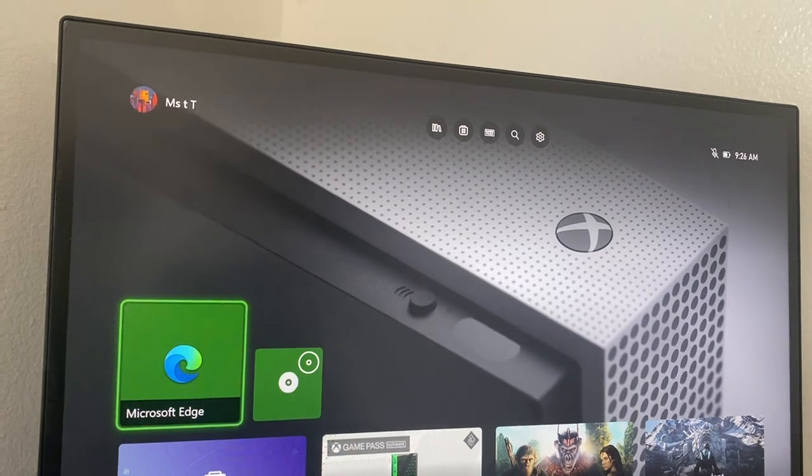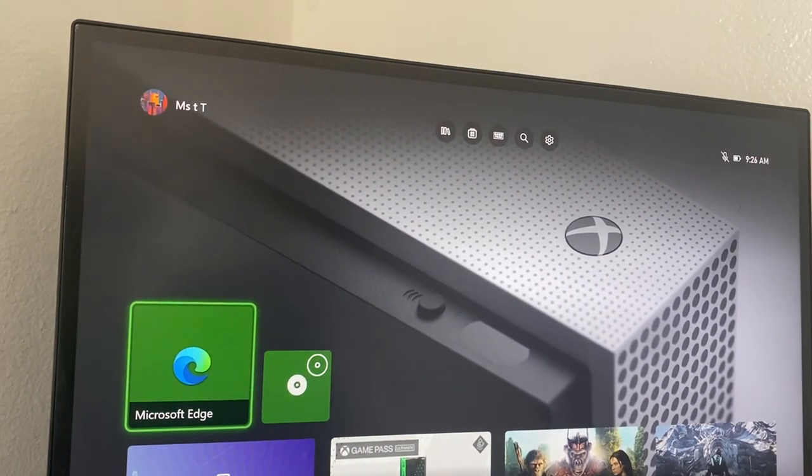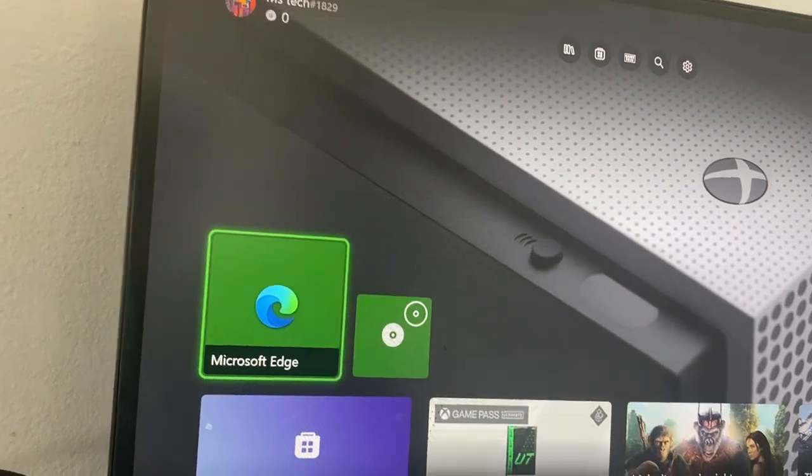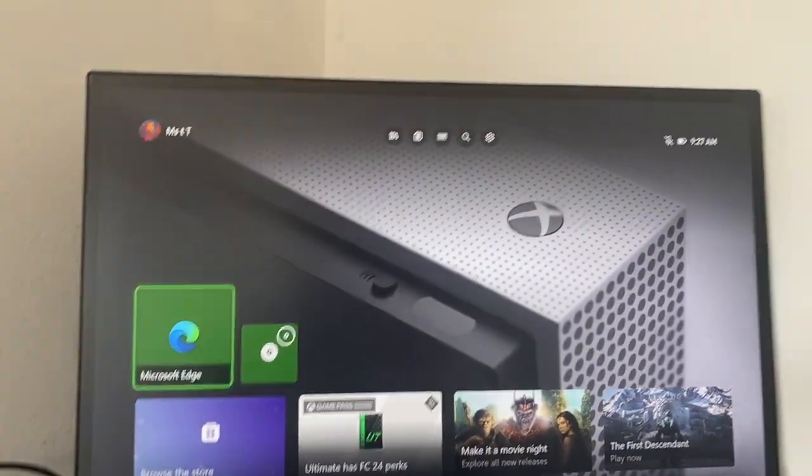In today's video I'm going to be showing you guys how you can fix the Xbox error code 0x80 0x83 or 3f9006. Sorry, it's a little bit hard to see. Anyways, once you do that,